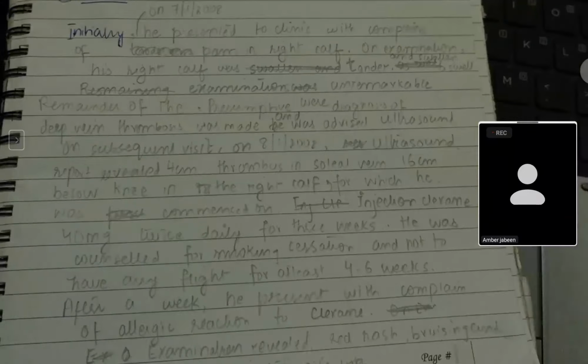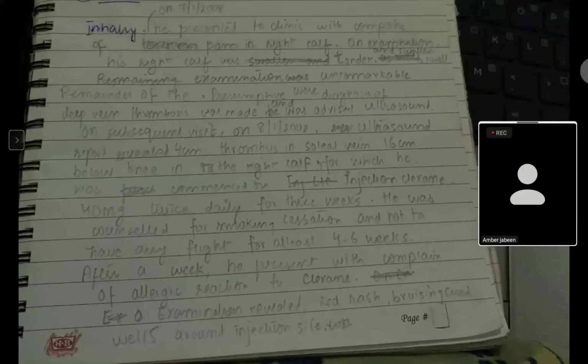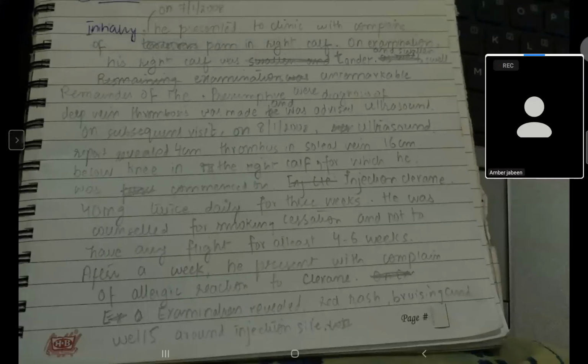What else is incorrect? You have not written Mr. Haywood. I should have written either initially or date. Okay, what else? Pain in the right calf. And what else? If you don't write he came to the clinic, they would say, no, he came to the footpath. So what should I have written? Don't write it. They know he came to your clinic. Presented with complaint of.